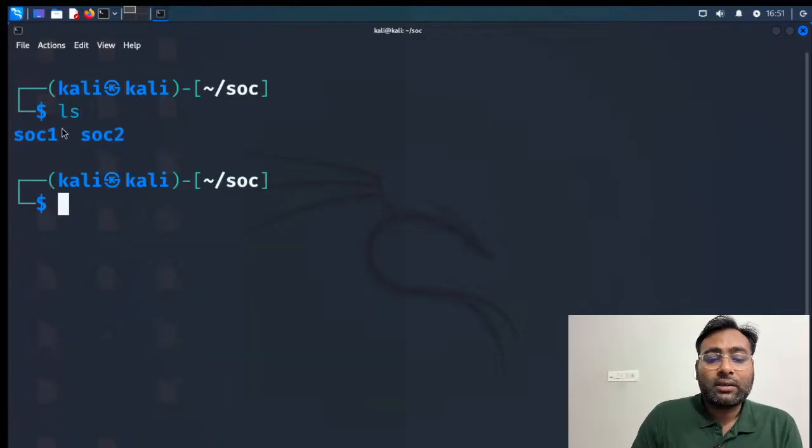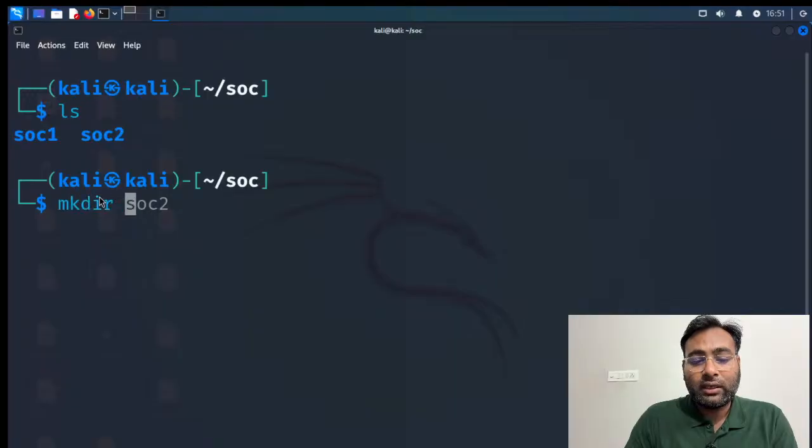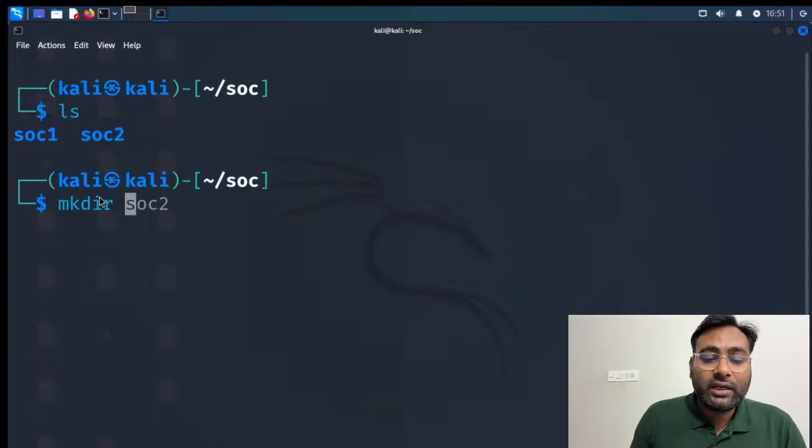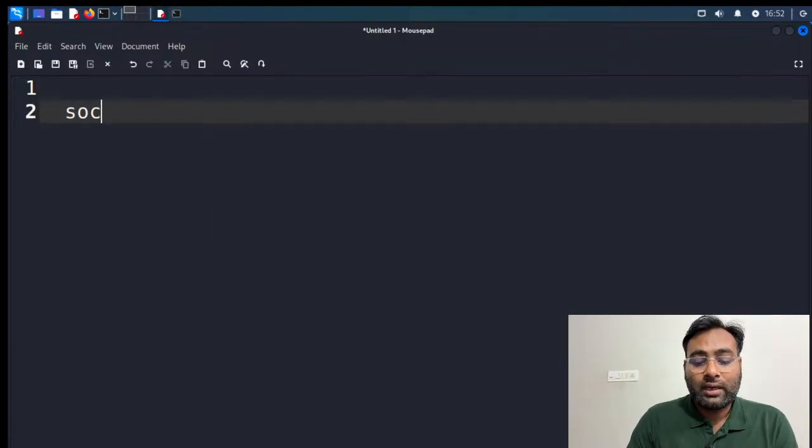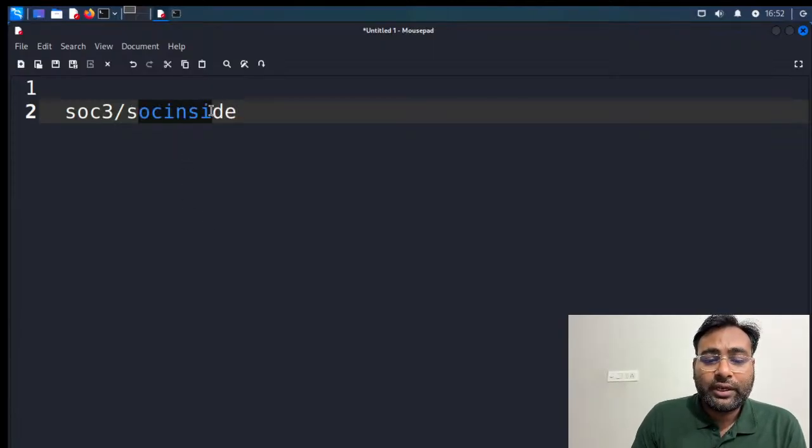So in this directory there are two directories available, SOC1 and SOC2, and if I want to create one more directory then I can use the command mkdir, which is mkdir यानी कि make dir है ना, मेक डायरेक्टरी, इस कमांड का हम यूज कर सकते हैं टू क्रिएट ए अनदर डायरेक्टरी। बट सपोज करो कि मुझे कुछ ऐसा क्रिएट करना है कि मैं चाहता हूं कि आप एक डायरेक्टरी क्रिएट करो जिसका नाम होगा SOC3, बट इसके अंदर भी आपको एक डायरेक्टरी क्रिएट करना है जिसका नाम होगा सपोज SOC इनसाइड।